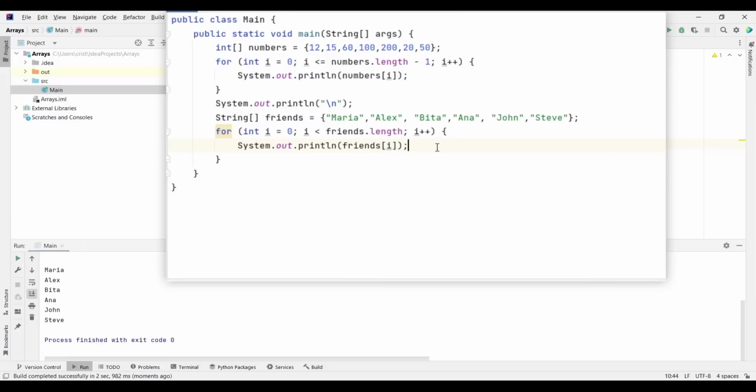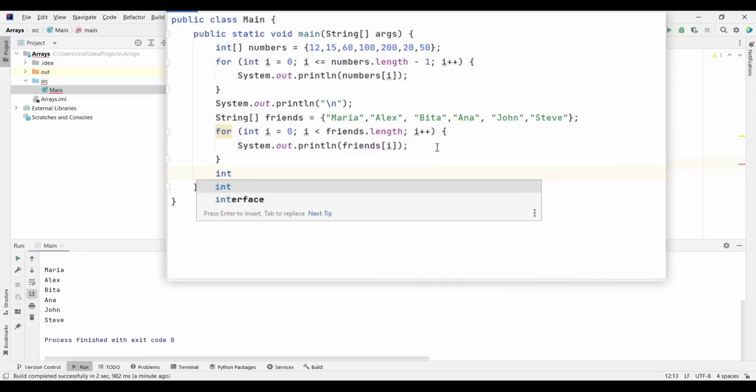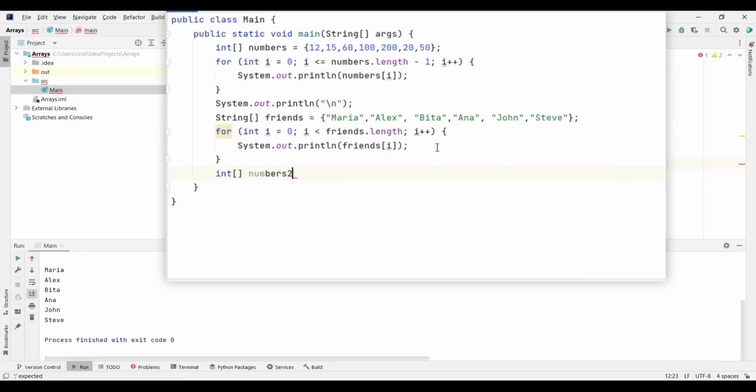But let me tell you one more thing about arrays. What you can also do with an array is that you can create here, let's say another array, let's also make it an int, and you can put square brackets, let's call it numbers 2.